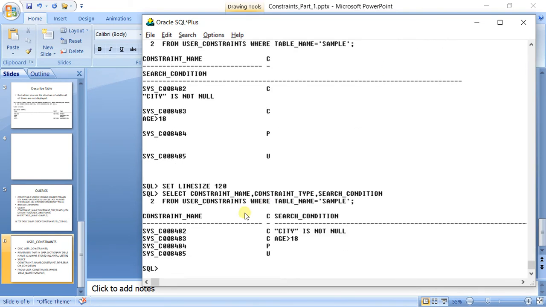What you can see is C, C, P, U. This C column is actually constraint type, and as I told you earlier, because the size of this column is one character, the full name is not displayed. Only because of the size, C is displayed. However, the name of the column is not C, it is constraint underscore type.